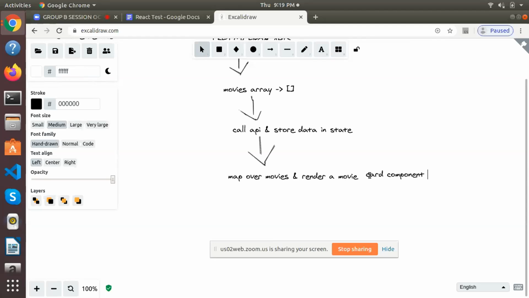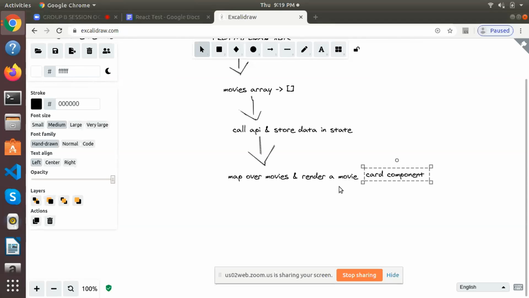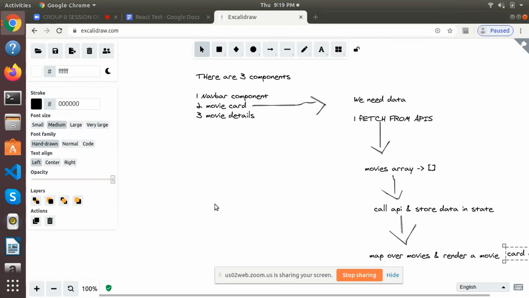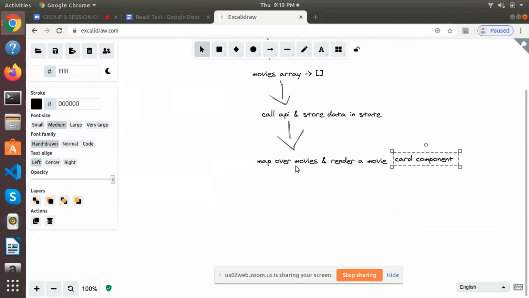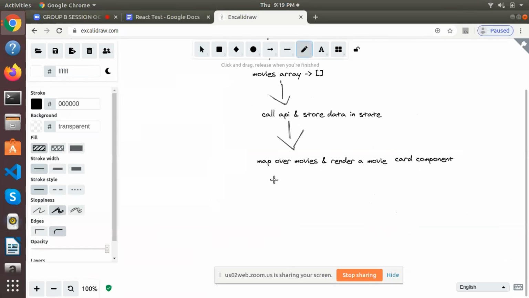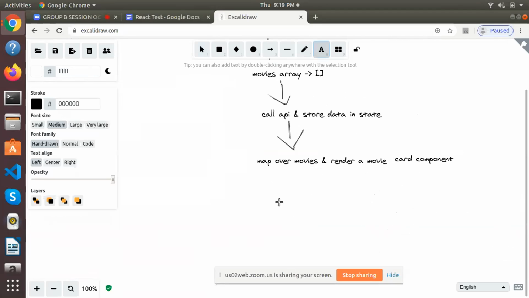Now you have to decide what your movie card component is going to be, right? So let's see what our requirement is. You first need to make a movie card which is going to have one image, which is pretty simple, and a title and year.